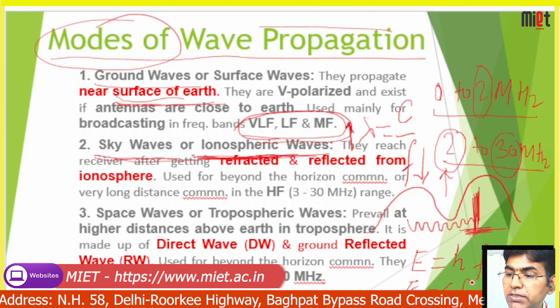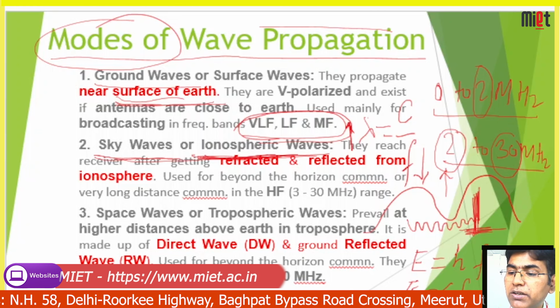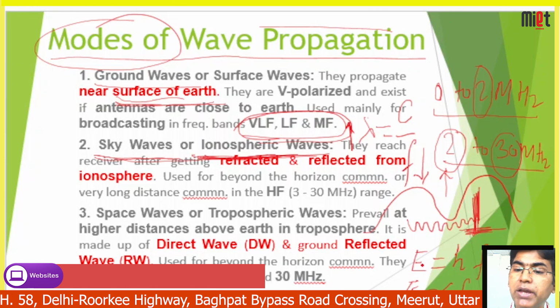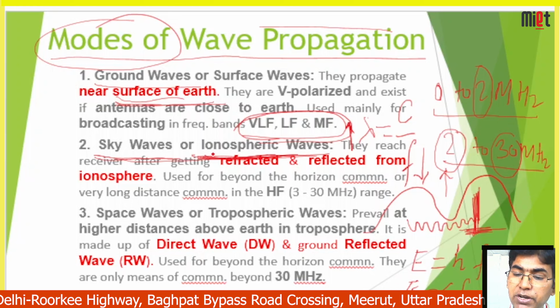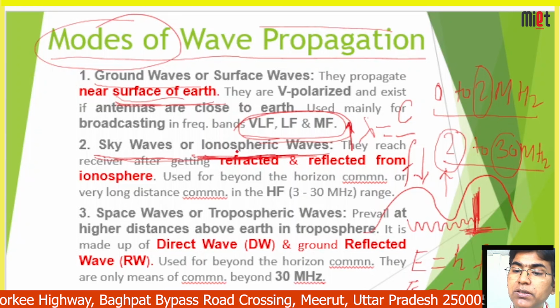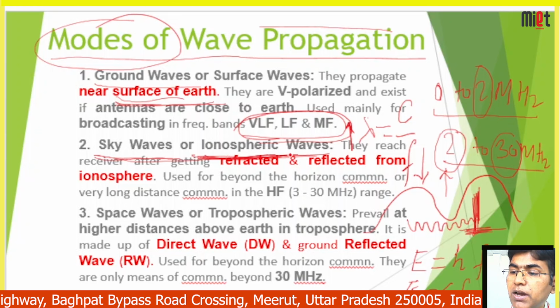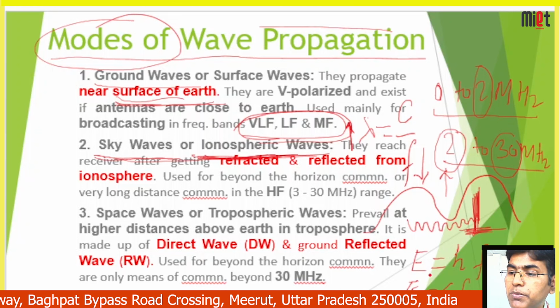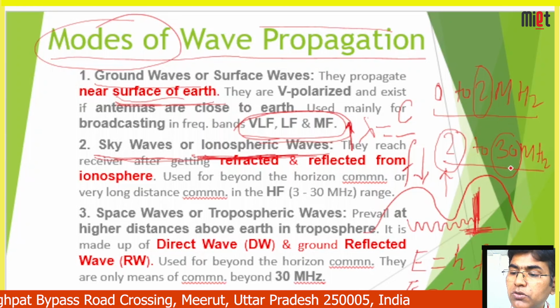If frequency is less than 2 megahertz, energy will be very low, and that low energy signal might get absorbed by the ionosphere in the gaseous layer of the atmosphere, and will be lost and would not be able to reach the receiver. However, frequencies from 2 megahertz up to 30 megahertz have enough energy